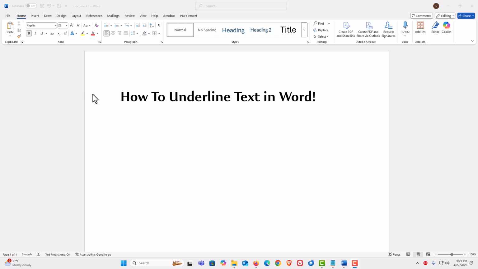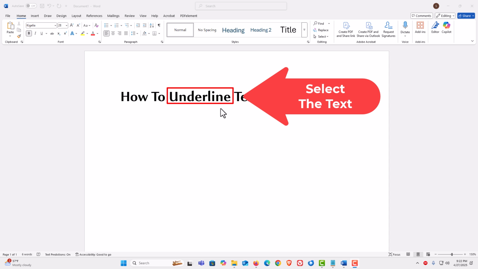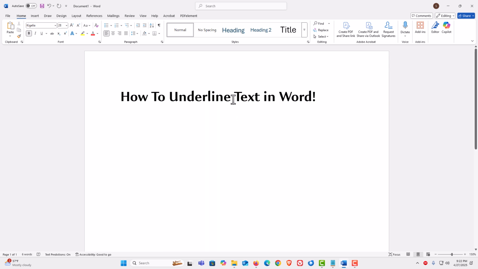To underline text in Word, it's very easy to do. Say that I wanted to underline this word right here. First thing you want to do is select the text that you want to underline. I'm going to put my mouse cursor at the very end of it. I'm going to hold down my left mouse button, drag across it. I'm going to let go of my left mouse button to where I have the text selected that I want